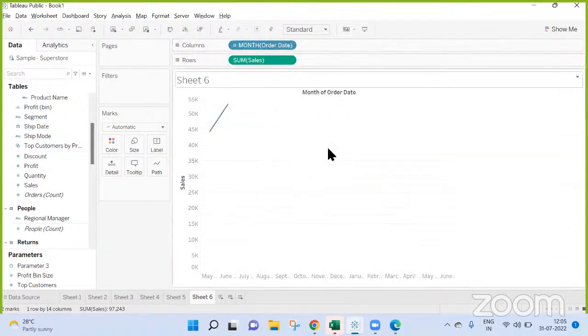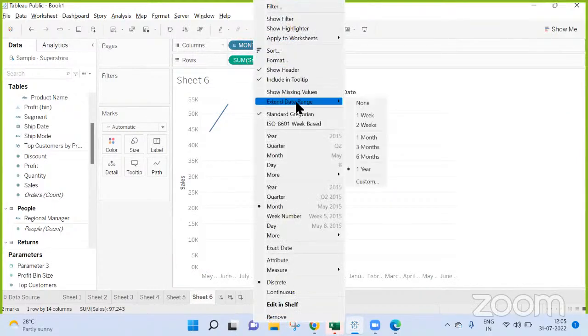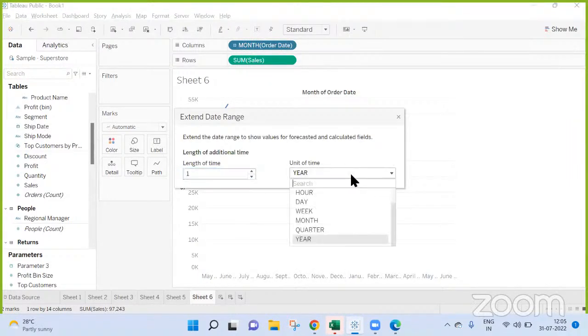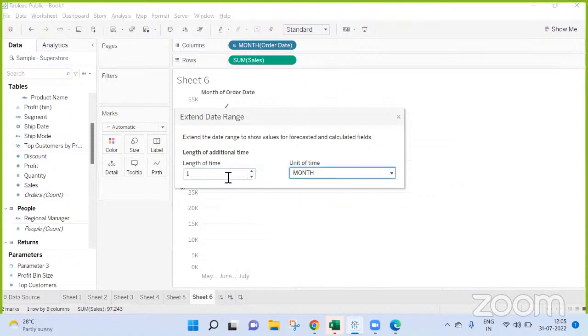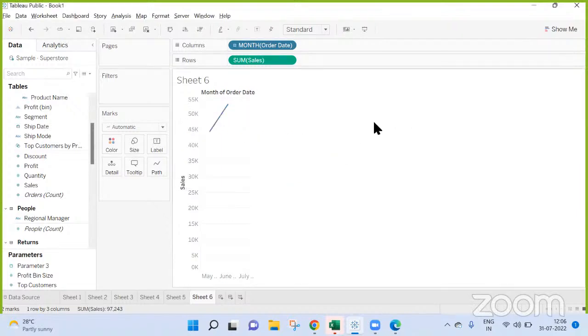Yeah, in discrete it is showing. I don't know why in continuous it is not showing. Now here, extend date range. Year could be fine. Showing until June, July.